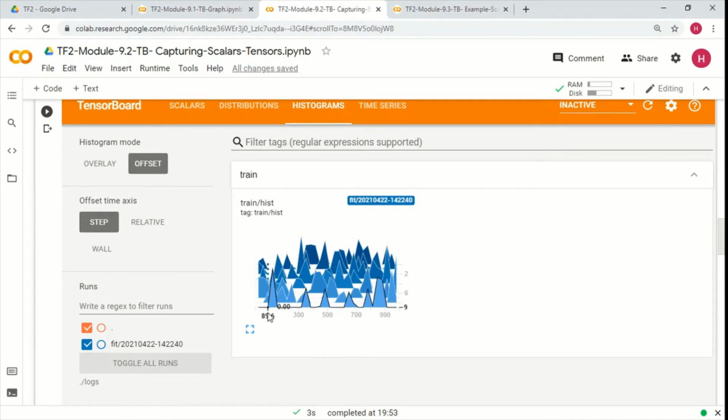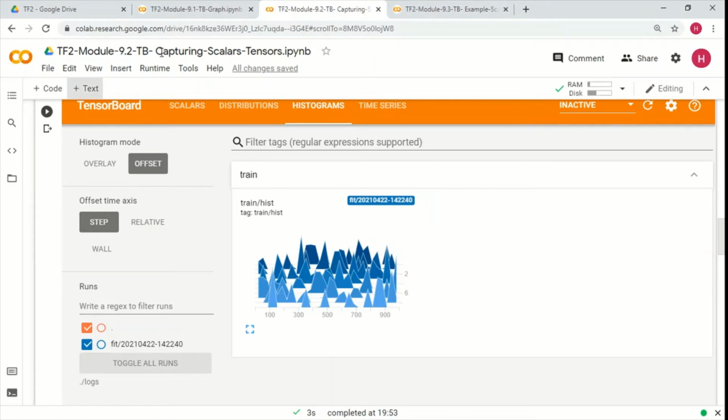And these are like the buckets. It's showing different kinds of buckets. If you see here, there are a lot of values in this particular bucket, and less in this particular bucket. So these are the epochs, these are the values of those tensors, and this shows us how often the values fall into a particular range. These are histogram bins, so that's why it is called the histogram view.